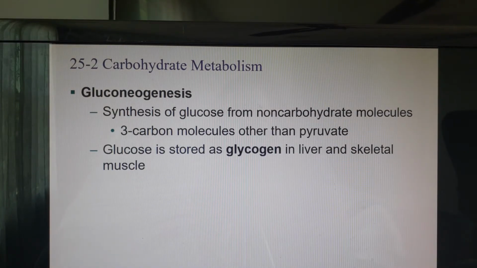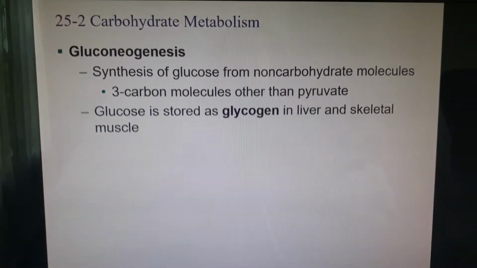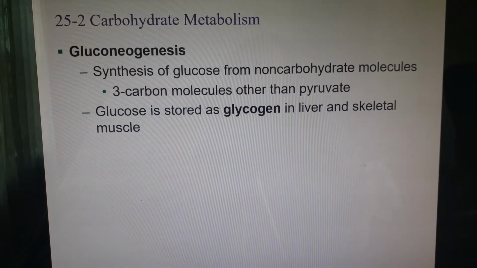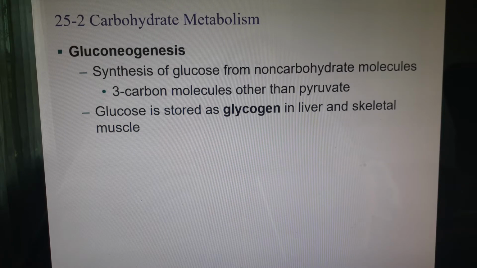So the rest of the chapter is a lot of vocabulary. Of course, I will ask you this vocabulary on the test, so you want to make sure you either learn the definitions or you can at least figure out the definition of each of these processes. For example,